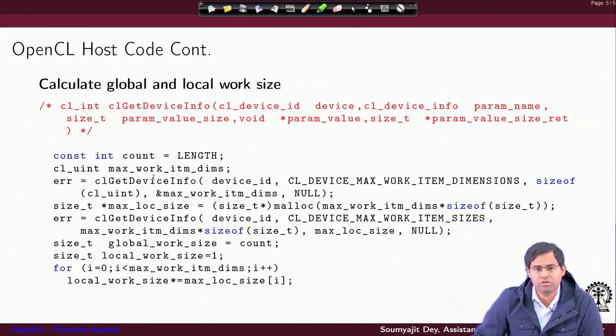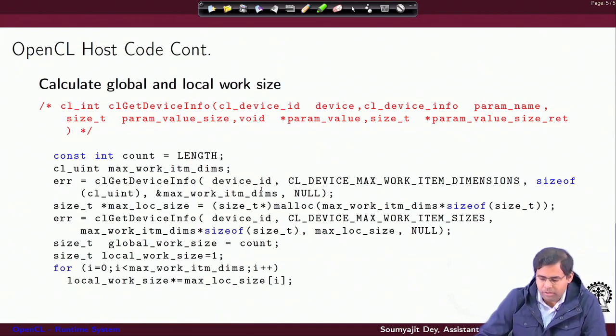clGetDeviceInfo is a quite low level function. It needs to know from the runtime that when I return back some value, what should be the maximum allowed length for the value. So, since it is type unsigned int, I calculate using sizeof the number of bits allowed for that, so that I can get to know in what size I will return back the value.